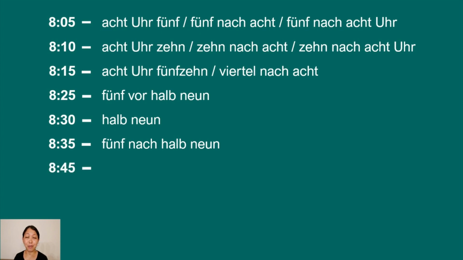And then 8:45. You can say Viertel vor 9. Quarter before 9. As I mentioned earlier, vor means before.